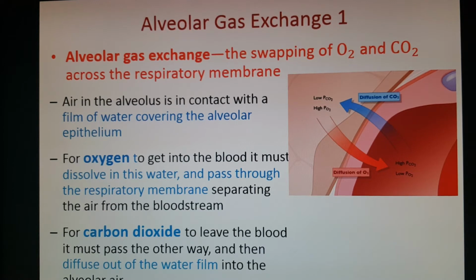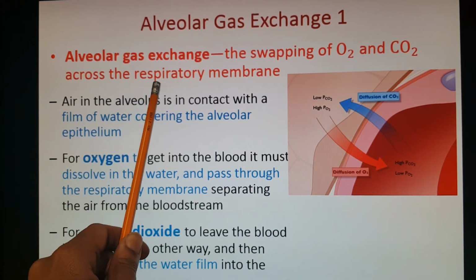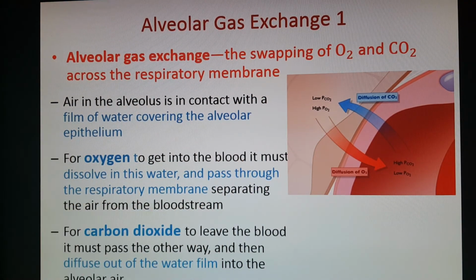So once the air has been drawn into the lungs, it reaches the structures called your alveoli, these little air sacs that are located at the end of your bronchial tree. The lighter beige looking side is your alveoli, and over here are your capillaries. Your alveoli are surrounded by baskets of capillaries, which allow for a large amount of surface area where they can exchange gases. So this is exchanging of gas across that respiratory membrane.